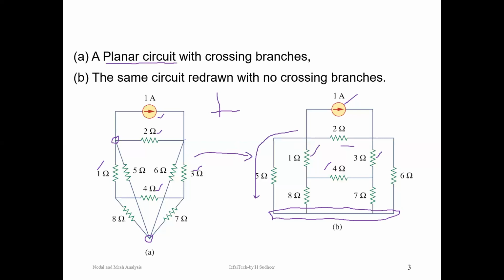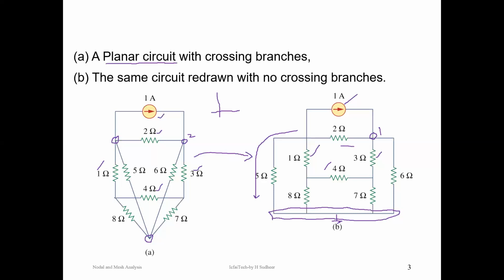In the same way, a 6 ohms resistance should be joined between the second node and the reference node. For example, take this as the second node and reference node. So instead of drawing like this and getting confused, I can take out this wire and reconnect it in the other fashion. So a 6 ohm resistor is connected between node 2 and the reference node.